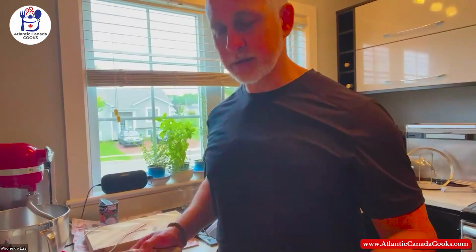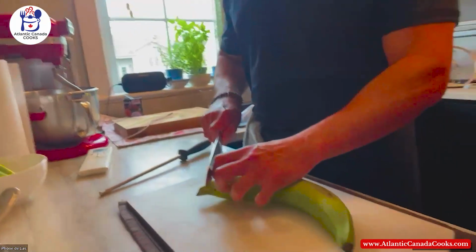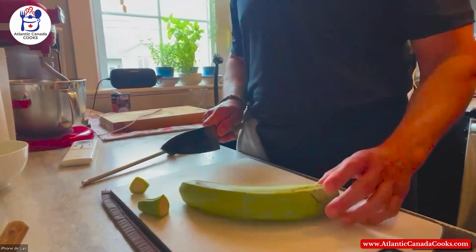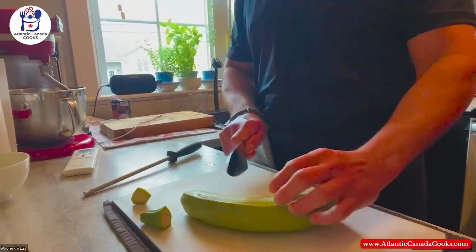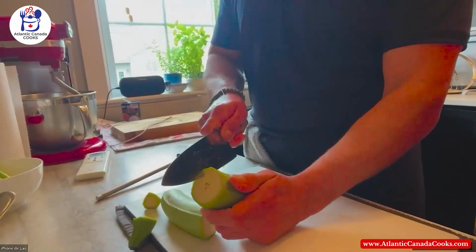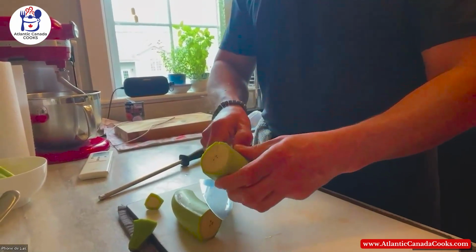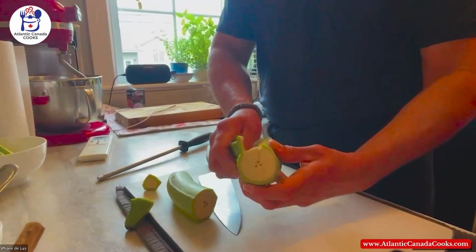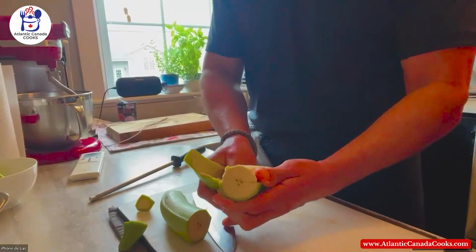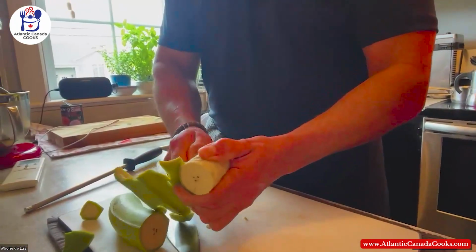So let's start. My wife is going to help me show how to prepare plantains. You cut the edges, as you see here, right? And then what I like to do is cut it in half like this, and then you just cut it like this with your knife, and with your bare hands, peel them like this. Pretty easy. Well, not that easy, but you get used to it, right? So you peel it,